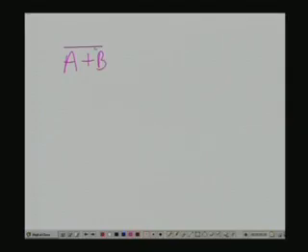Take the union of A and B, and its complement. That will be nothing but the intersection between A complement and B complement. And on the other hand, if you take the intersection and then take the complement, this will be nothing but